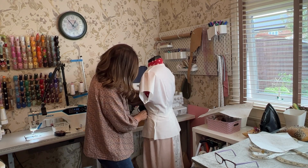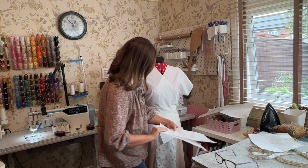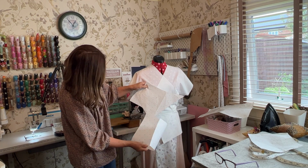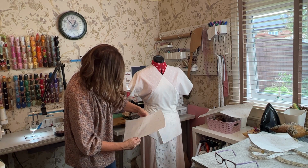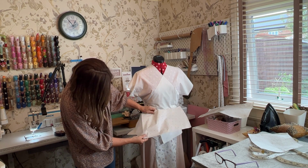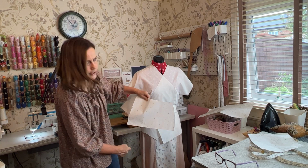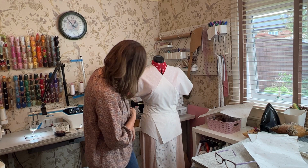And for the front peplum, I'm going to match. I like the under peplum length, so I'm going to reduce that so they are the same. So I'll just make that shorter and take out that weird curve that I've got on the sides there. I don't know what I did there. But yeah,